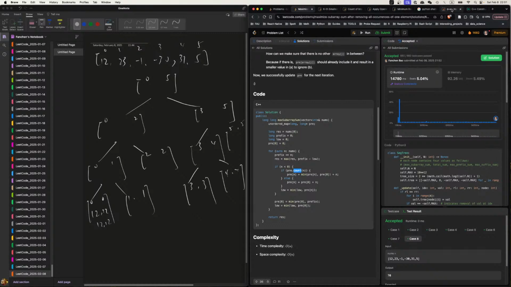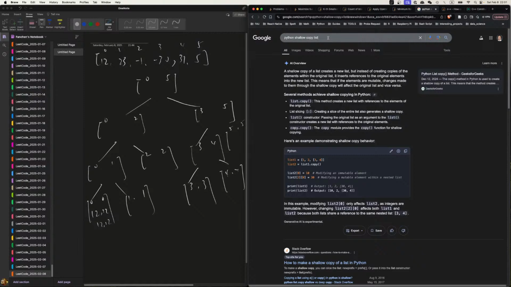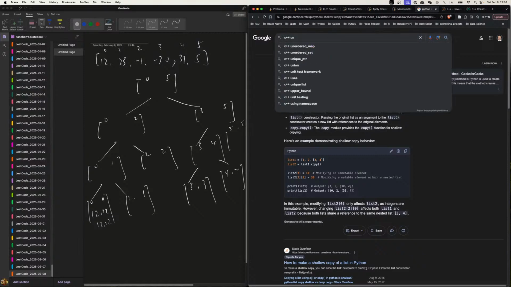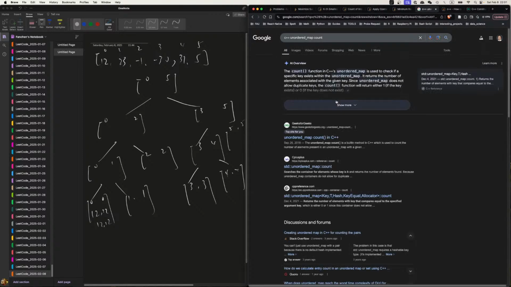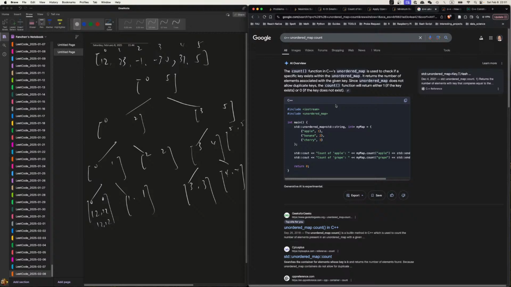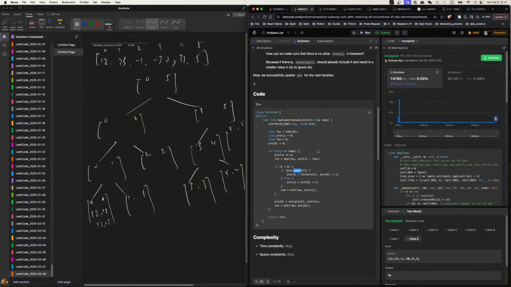What is C++ unordered map count? What is this one? Oh, use count to find if n exists. N is the current number. If it exists, if it doesn't exist,